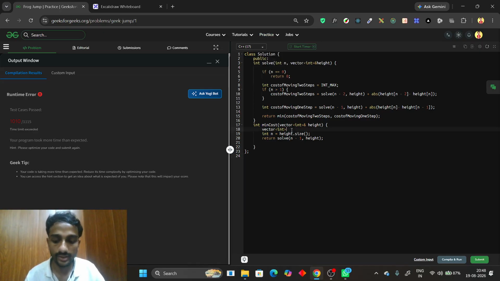So here we initialize a vector dp, and we will take this below and write it here. So this will be n plus 1, so we are safe from any out of index error, and we will initialize all the values in the vector as -1. We will pass this here and also write it here, vector of int dp,